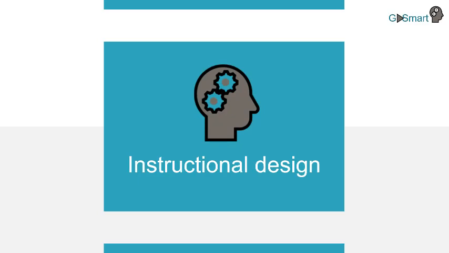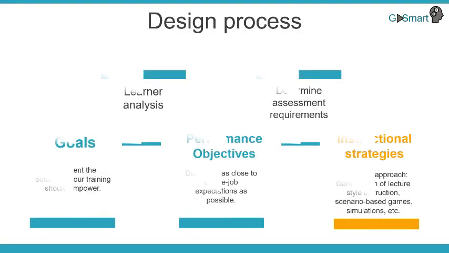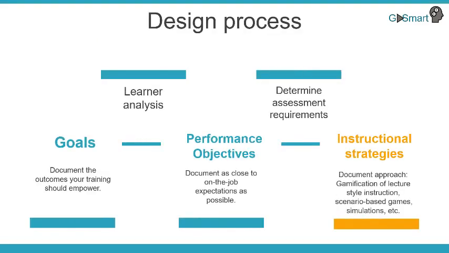After gathering and analyzing all of the content, the instructional design phase begins. After determining the instructional goals and performance objectives, determine the instructional strategy. The instructional strategy specifies how the content will be transformed into an engaging e-learning course. For example, will it be direct game-based learning, gamification, or will it be story-based or scenario-based learning using games